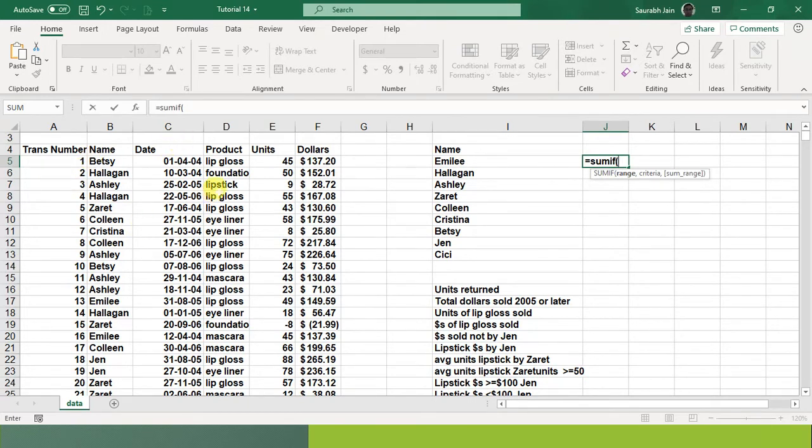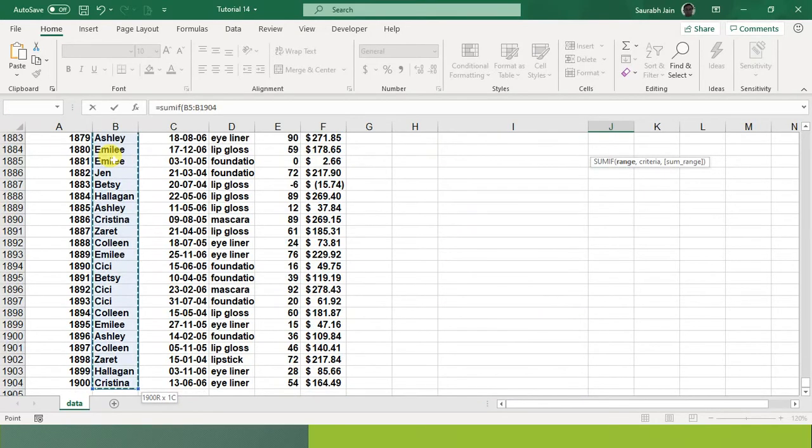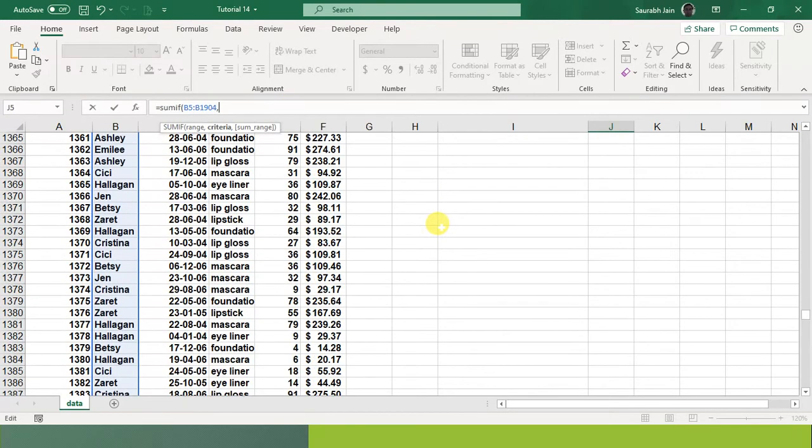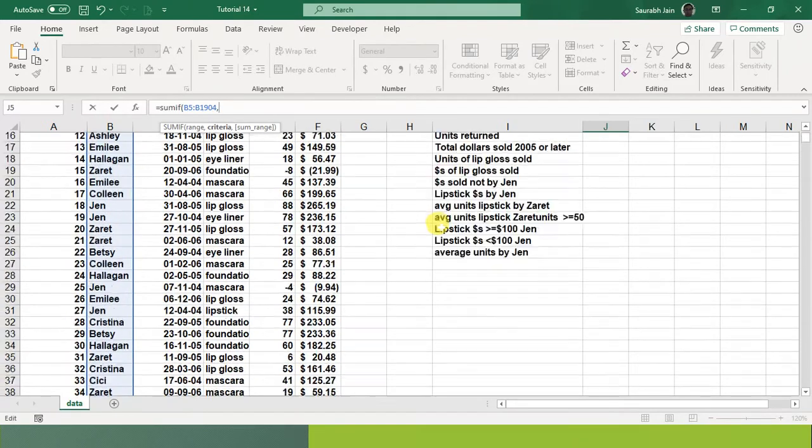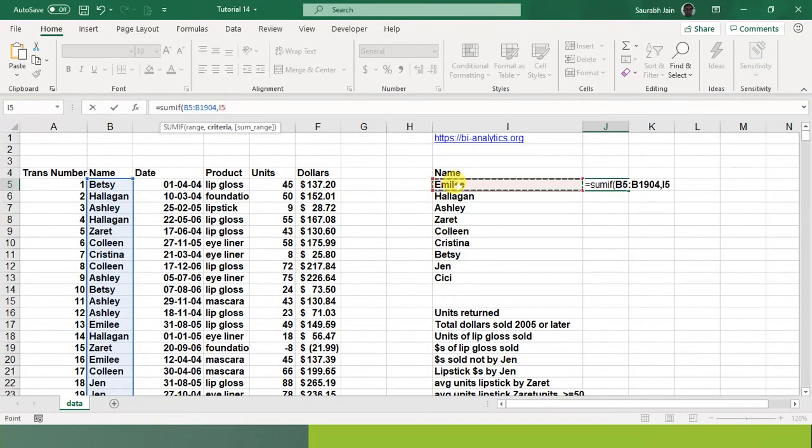Now I have to use the range. I have to apply this range first of all. This is my range, and I need the condition. What is the condition? That it has to be this name,